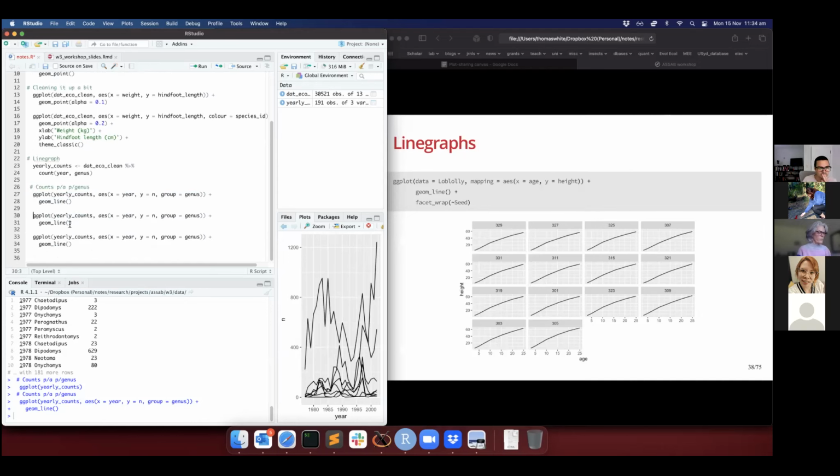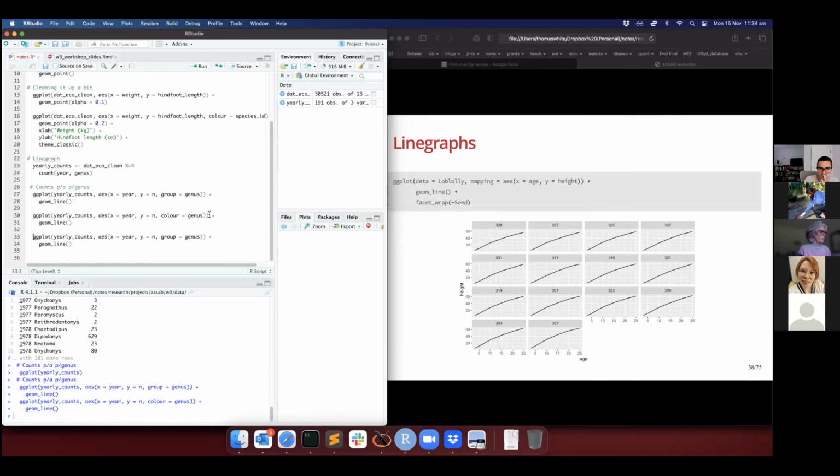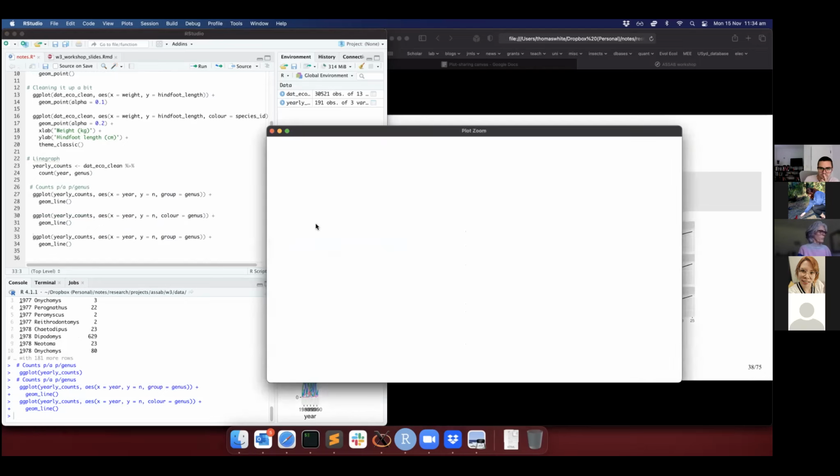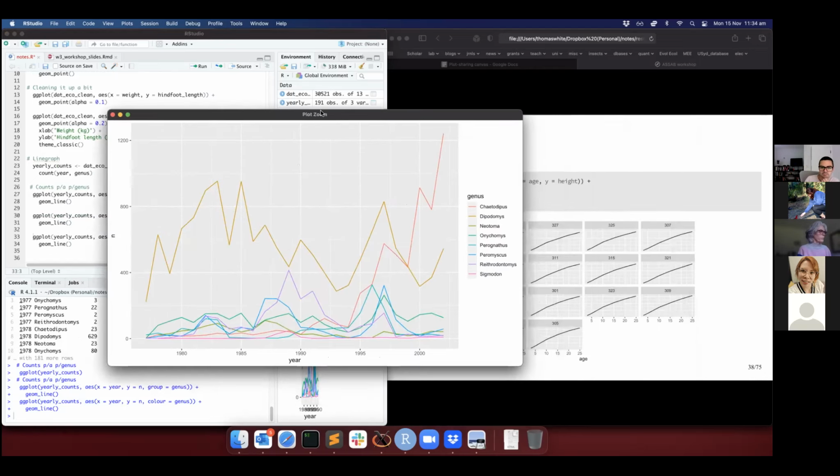We could color by genus. See how that looks. Pretty wacky color scheme, but arguably a little bit easier to trace because there's one per genus, so we can actually pin them down. So I actually don't mind that. I would change the colors, but